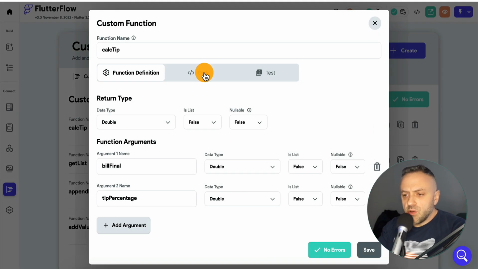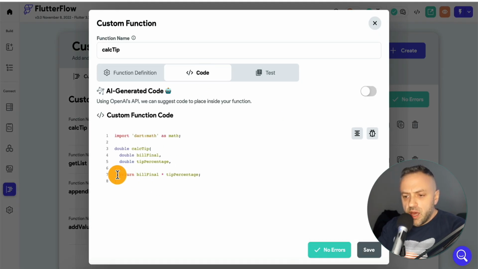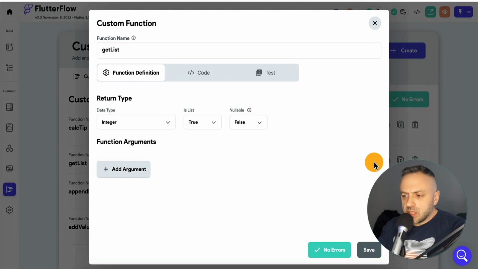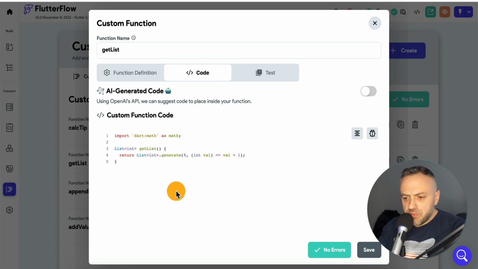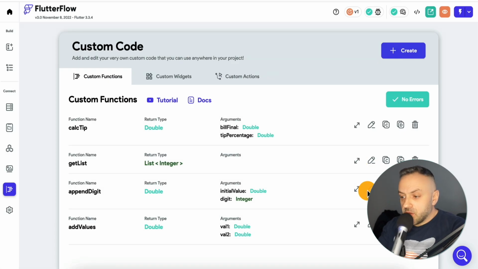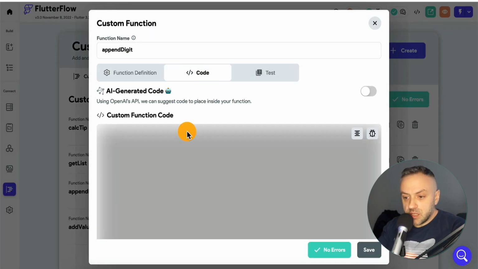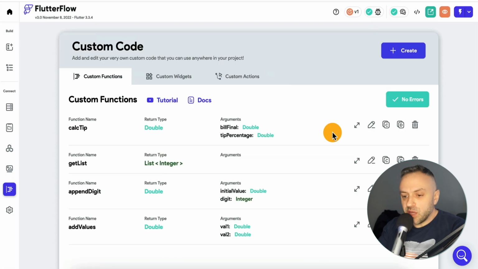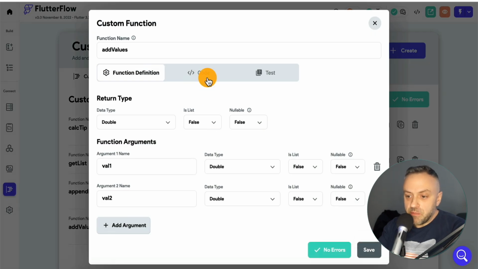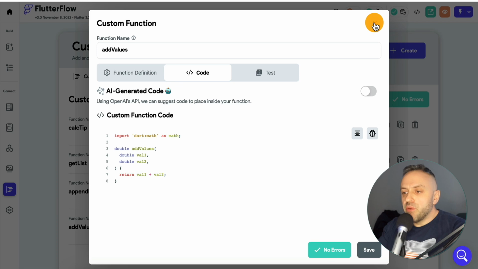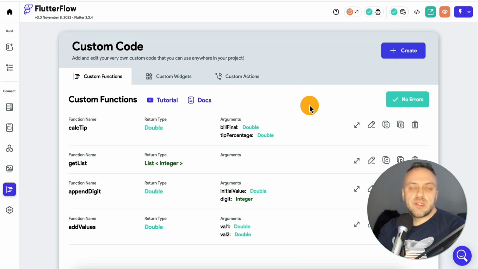If we take a look at the code here, the first custom function has 1 line of code. The next has 1 line of code. The third has 1 line of code. And the last custom function is 1 line of code. And so pretty much in all of these 3 examples, all the custom functions have exactly 1 line of code.